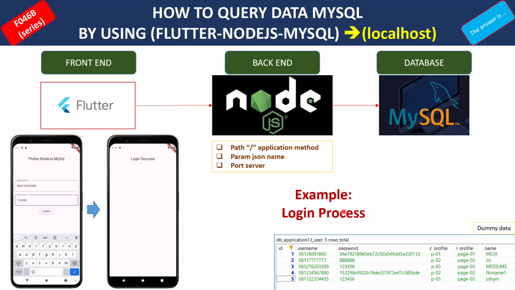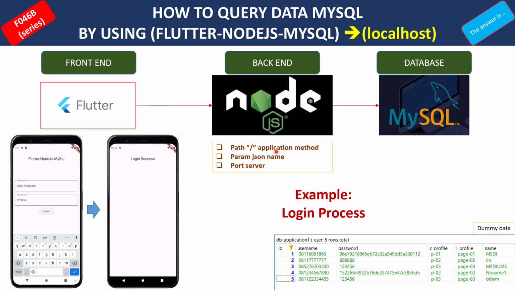Okay, guys, this is my database example. This is a dummy database. But in this case, I mean how to query data MySQL by using Flutter, Node.js, MySQL. The answer is you must know about 3 points.